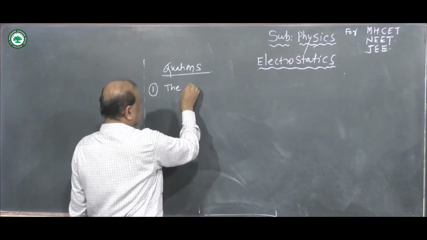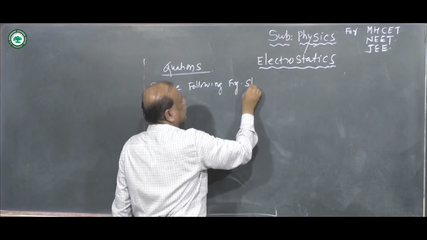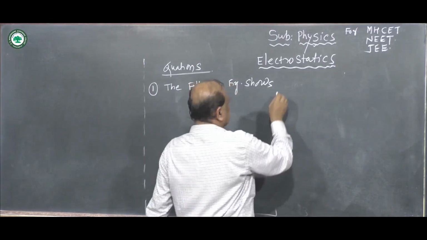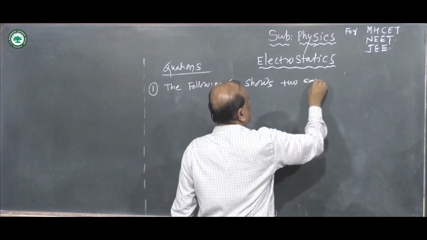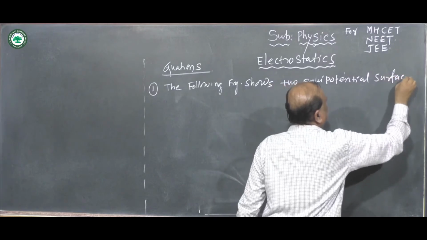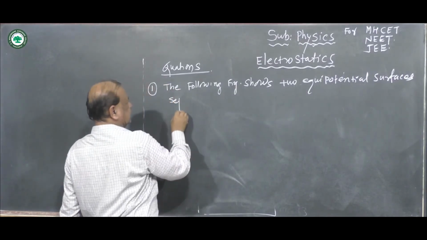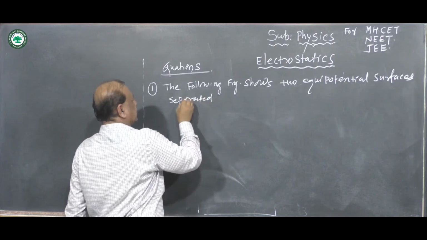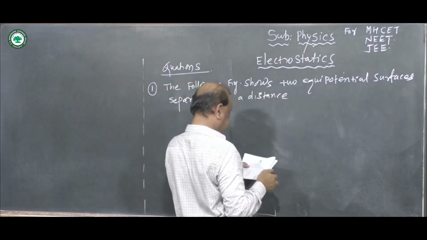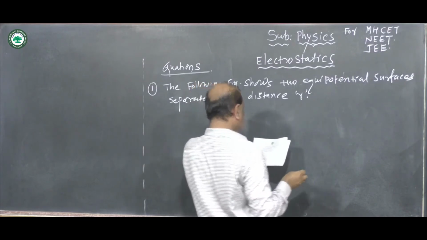The following figure shows two equipotential surfaces separated by a distance R. A point charge of minus Q coulomb is taken from A to B. The amount of work done is